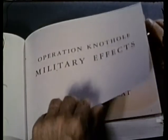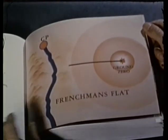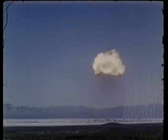The bulk of the huge Knothole program was carried out on Frenchman Flat, though some military tests were run on the weapon development shots up on Yucca. Number 9 on 8 May was the first Knothole shot, an airdrop of a 26-kiloton weapon. All military tests on Frenchman Flat were originally built around this shot. The relatively high burst height, 2,400 feet, was a compromise to fit many tests, rather than to inflict maximum central